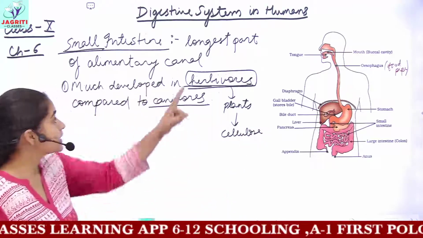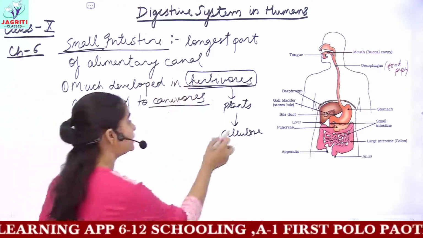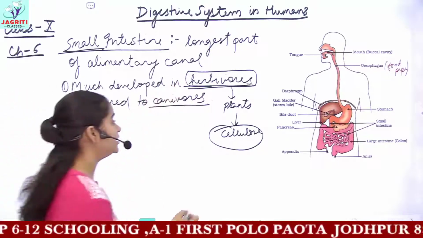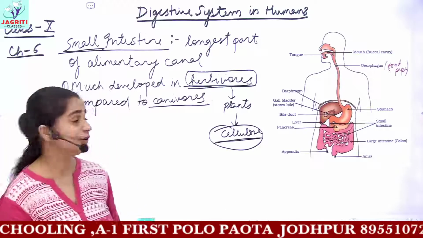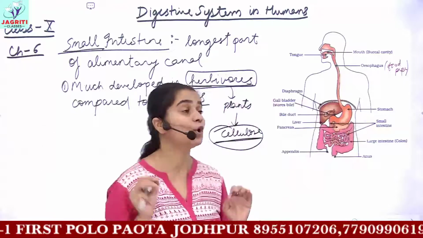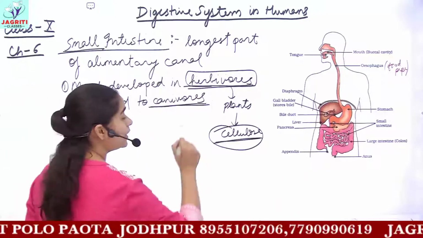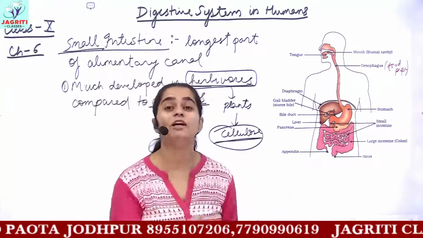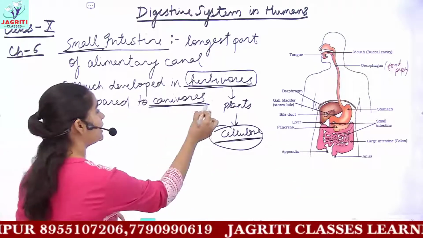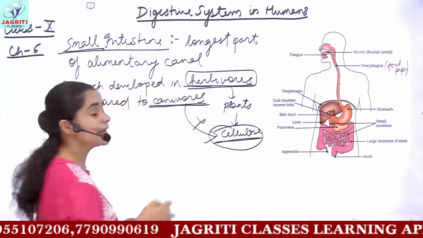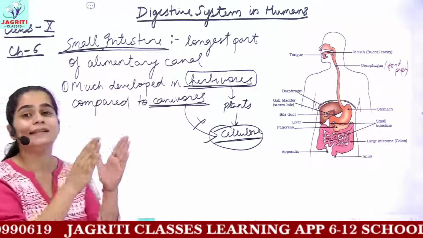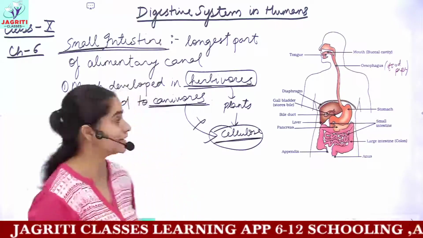In turn, these herbivores will attain nutrition which is high in cellulose concentration, and as a result, to digest this complex macromolecule, that is your cellulose, these herbivores require a longer length of small intestine. As compared to them, carnivores are the flesh-eating animals, dependent on other animals. Because they are dependent on other animals, they do not have any cellulose content in their diet, and in turn they require a shorter length of small intestine.